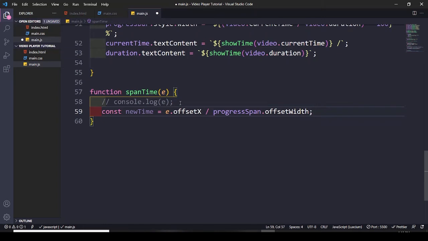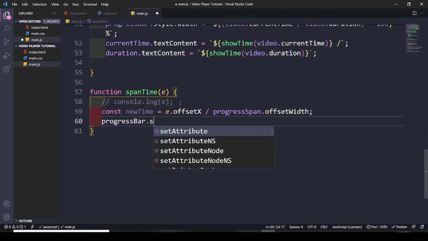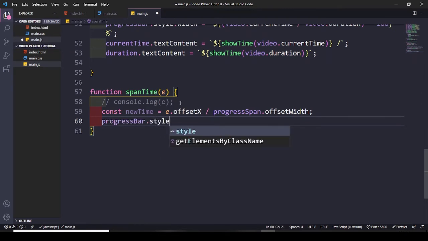Okay, then progress bar style dot width, and I'll show you what kind of function this will perform. Okay, let's have a new time multiply by 100 and again the percentage,